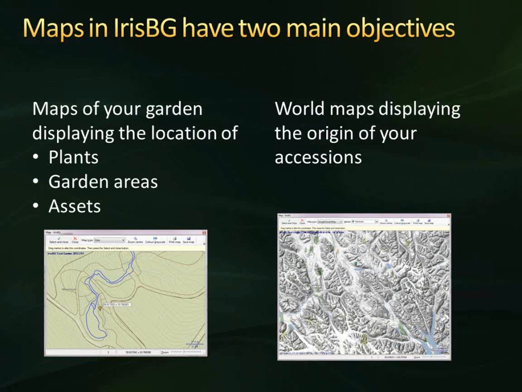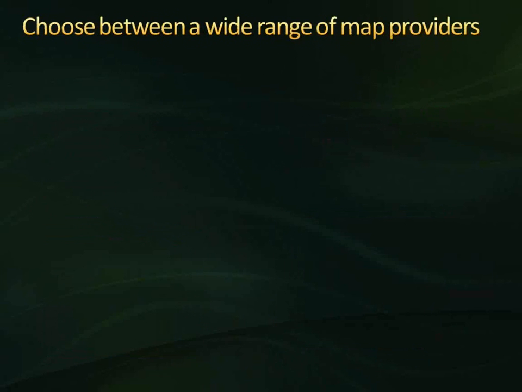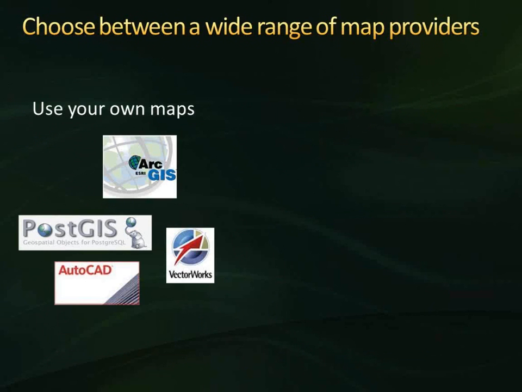So then you work with maps covering the rest of the world, and we will show you in more detail how that works. Our solution has a very open technology that gives you the possibility to choose between a wide range of different maps. So you can use your own maps. They can be of different formats. They could be ArcGIS or PostGIS. If you have AutoCAD or Vectorworks,